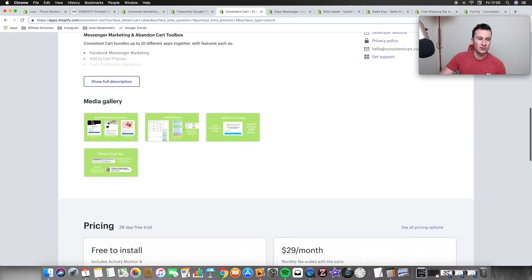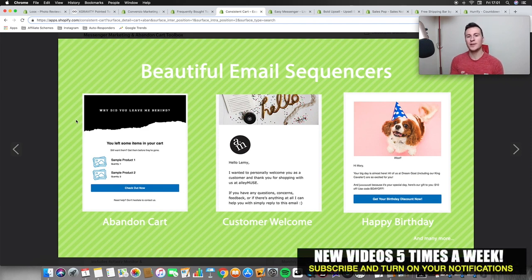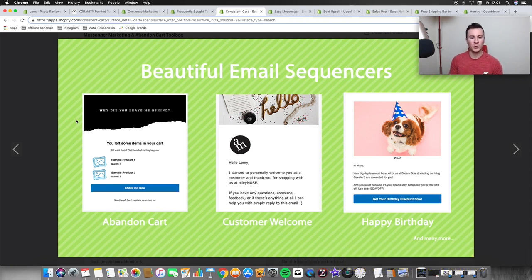So just to illustrate then, there's a couple of different sequences you can do. You can do abandoned carts, which are obviously crucial. If people are adding things to cart and getting to that point where they're adding in their details as well, then it could be any number of reasons why they haven't completed the checkout. It could be they've got a phone call, they've got to go back to work, they got a text message, Facebook, whatever it is. So sending them little reminders about that is definitely going to bring them back onto the store